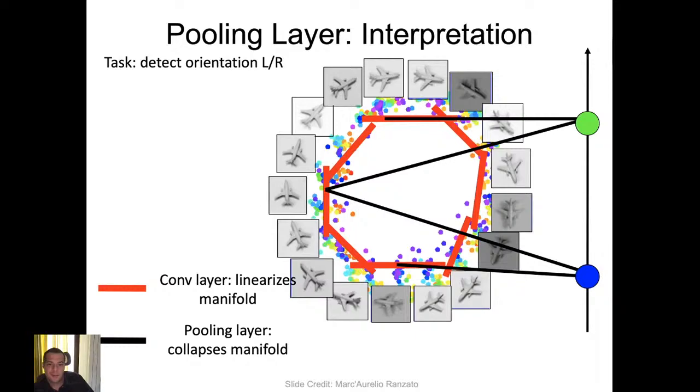I think it's maybe just an imagination exercise. So if you imagine that in the conv layer, for each filter, the input is projected on some linear manifold. So you have these different linear manifolds from different filters, and when you do the pooling operation,